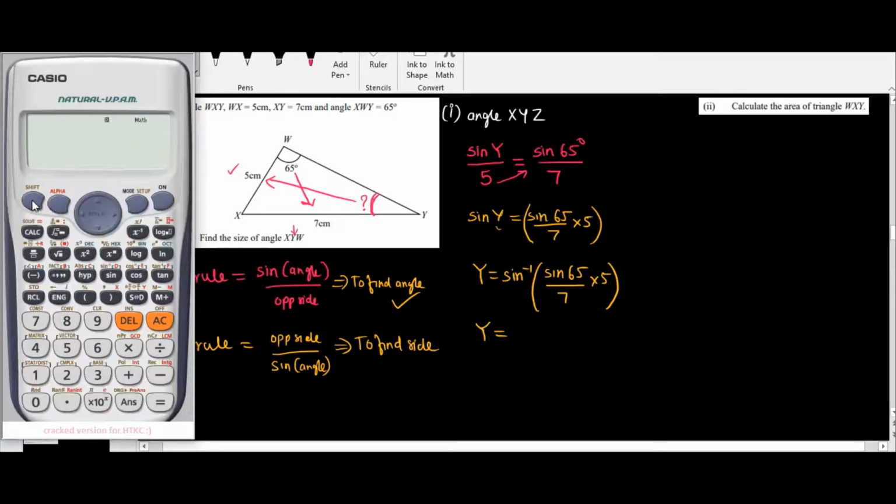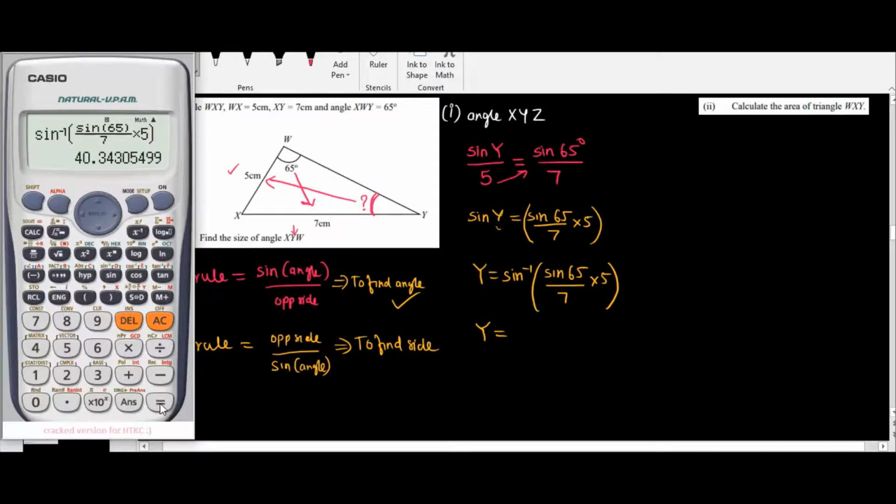Okay, so first I will press the shift button and then the sine button, so you will get sine inverse. I will use this fraction symbol so that I can write. Then sine of 65, please close the bracket because there is an open bracket there. Then you can come to the denominator and write number 7. Go to the right side, click on multiplication and then 5, and then close the bracket. So once you write all the symbols properly in the scientific calculator, you can get the answer directly.